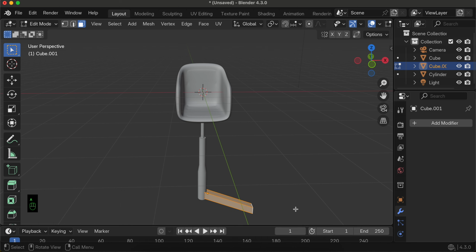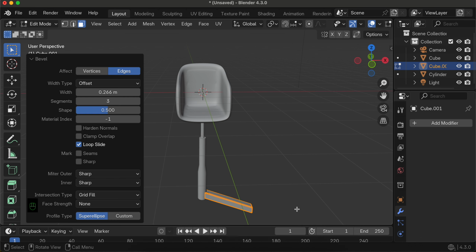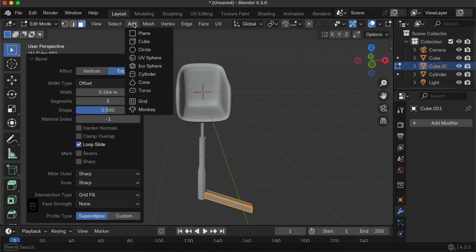Then A to select everything, command B to bevel, then set segments to 3. Okay, so segments are 3. Then add a cylinder in edit mode again. So just make sure you are already in edit mode. Add cylinder,